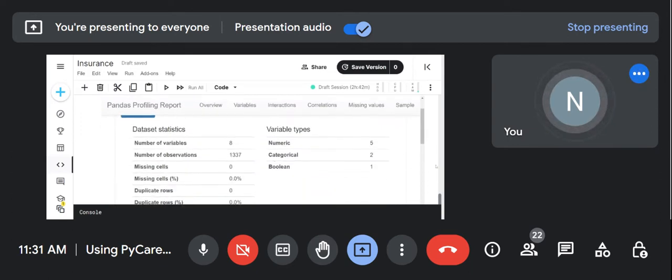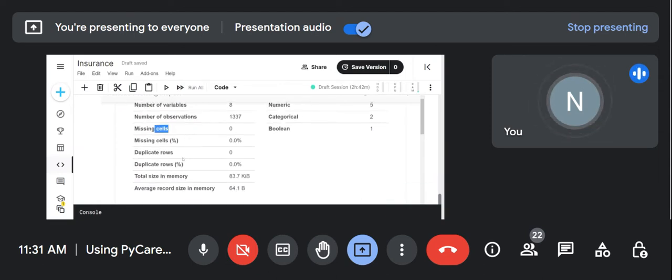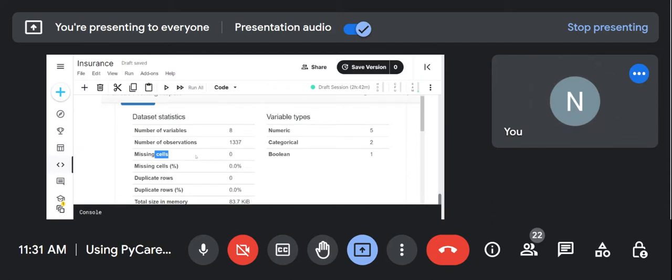तो ये रिपोर्ट में बता रहा है, देखिए पूरी इन्फॉर्मेशन है, नंबर ऑफ वेरिएबल्स कितने हैं, ऑब्जर्वेशंस कितने हैं, मिसिंग सेल्स। अभी ये तो मैंने ऊपर एक मेथड अप्लाई किया था, और मैंने फाइंड किया कि कितने डुप्लीकेट हैं, कितने नल वैल्यू हैं। तो अभी यहाँ जरूरत नहीं पड़ी, यहाँ पूरा प्रोफाइल बनाके बता रहा है कि ये चीजें हैं। न्यूमेरिकल ये बोल रहा है 5 है, कैटेगरिकल 2, बूलियन वैल्यू 1।